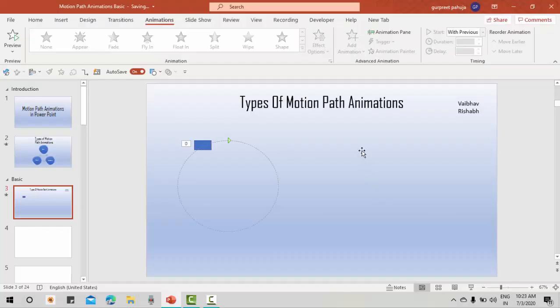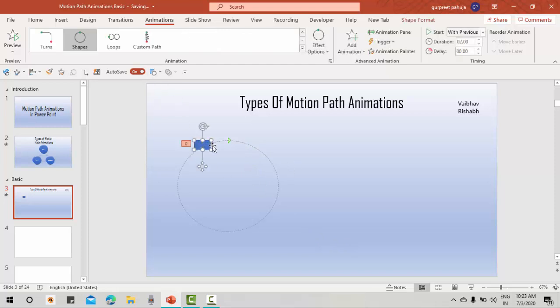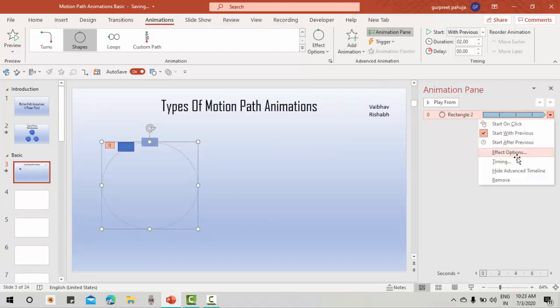Let us now learn how we can run more than one animation on a single slide. First of all I will go to the animation pane. I will remove this.